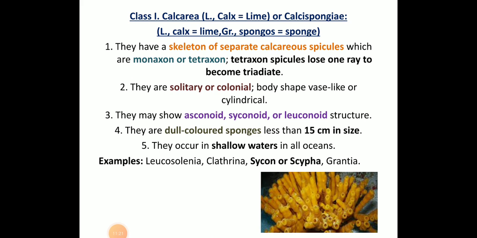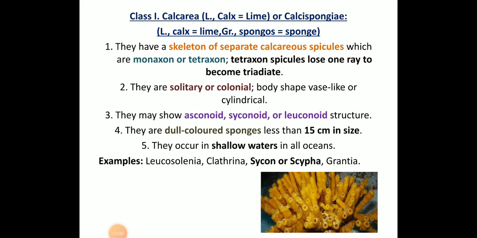Monoaxon means the spicules which have only one pointed end, and one will be blunted. Tetraaxon means all the 4 sides of the spicules will be pointed. We'll be seeing in detail, and they are solitary or colonial. They may live in large colonies, or they are single in nature, and their body shape is somewhat vase shaped and cylindrical. They may show all 3 types of canal formation, that is asconoid, syconoid